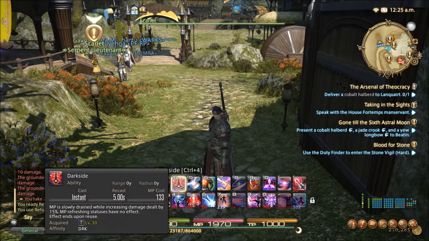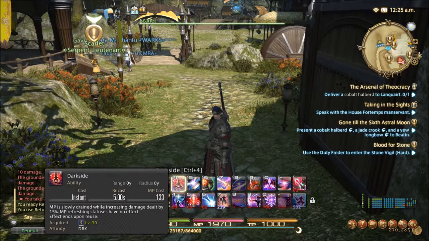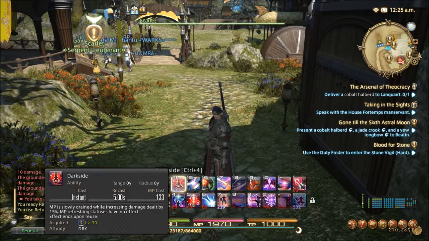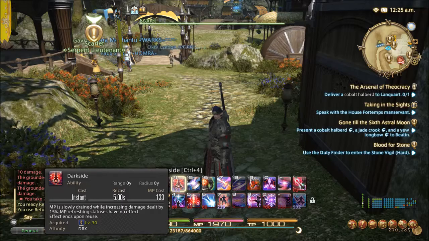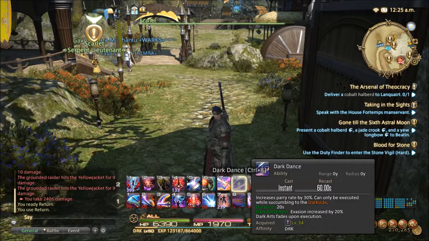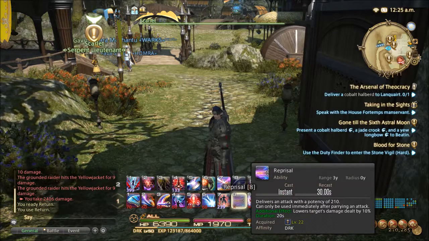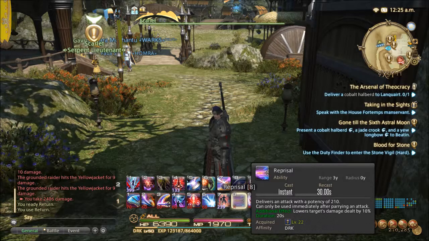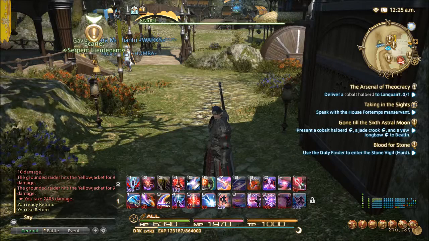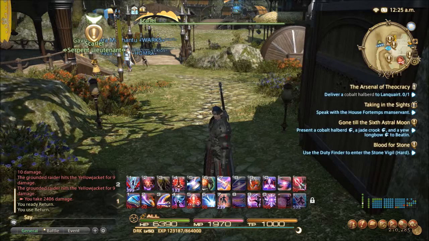The main mechanic behind Dark Knight tanking is that your MP slowly drains as one of the major parts of your tanking role. So it's one of the harder hitting tanks, looking at raw stats, with only a 5% reduction in damage dealt, but it also opens up Dark Dance, which increases your parry rate by 30%. One of the major parts of tanking for Dark Knights is Reprisal, which is obviously a high hitting attack, reduces the damage dealt by the target by 10%, but needs to be used after a parry. It has a 30-second recast timer. A little bit longer, I've found myself having it active when I've already used it, and when I needed it, it's been